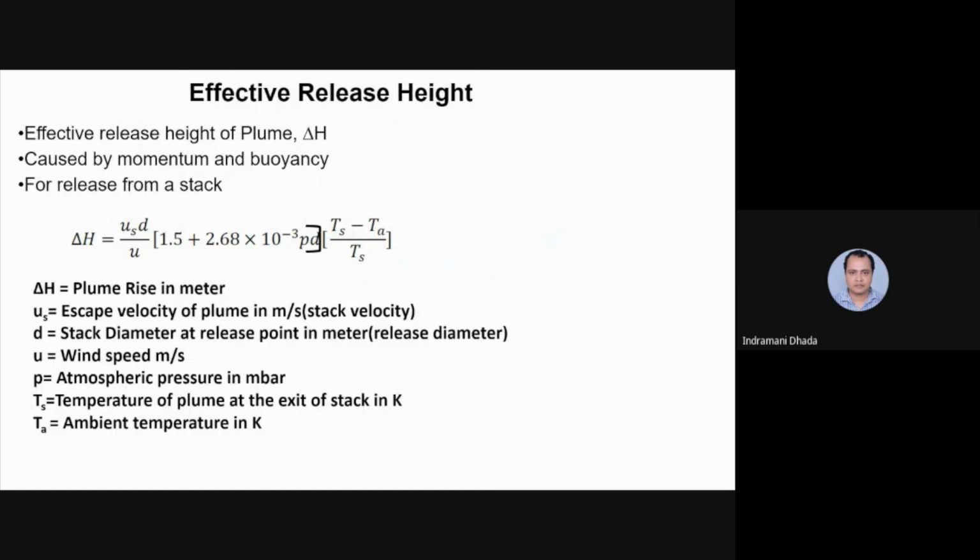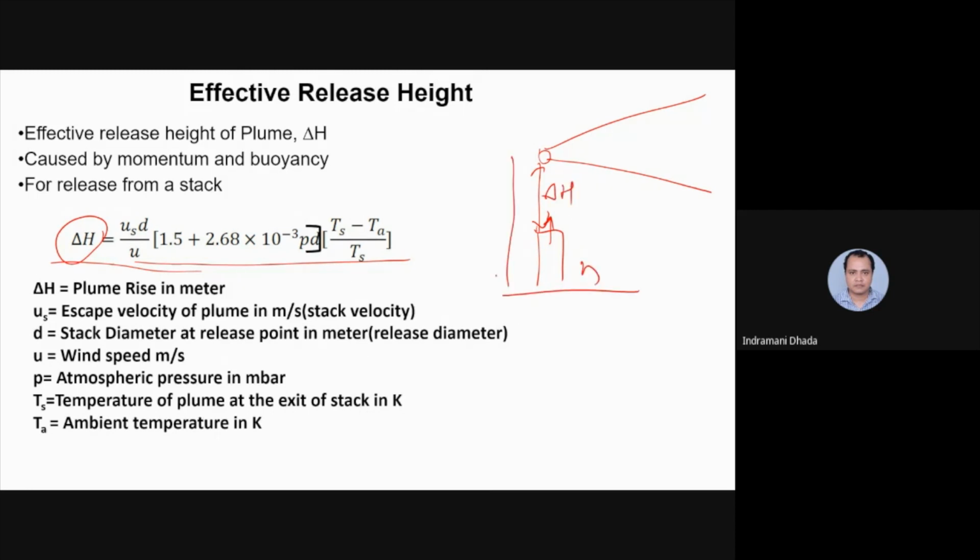So this is the equation where you can change the temperature, and also you can calculate this del H, which is basically the hovering height when the plume is released from the chimney. After a certain time it starts spreading. So this height you can measure, and you can calculate it from this equation, U S D by U. Okay, this is the equation to find out this del H, and this small h is the chimney height, and the total is capital H, what you are getting. Okay,